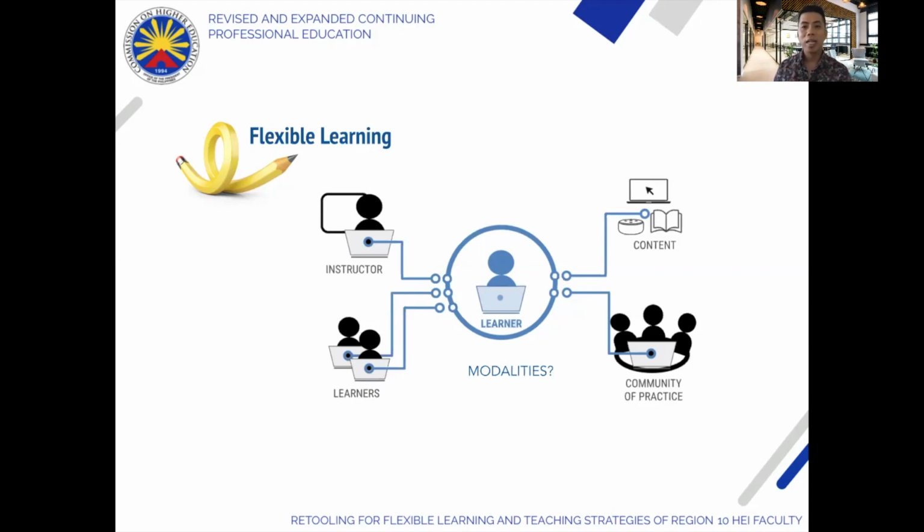Are we doing it modular? Students bring a hard copy of their materials. Is it face-to-face but limited face-to-face? So these are some of the things that we need to think, rethink, and reimagine when we're doing flexible learning